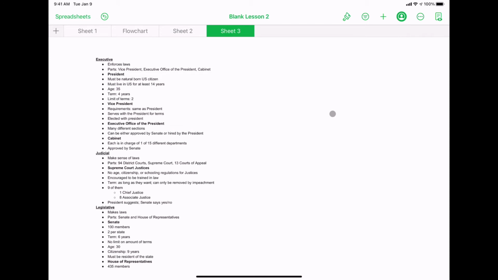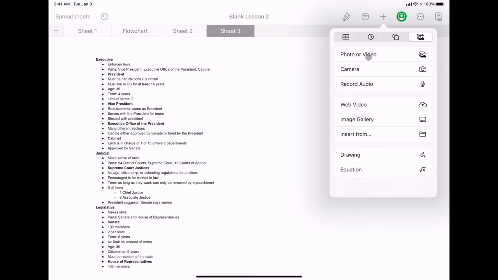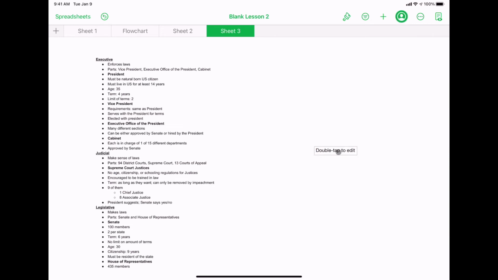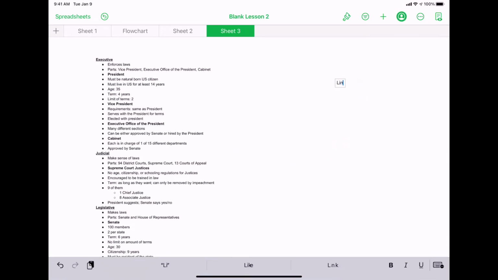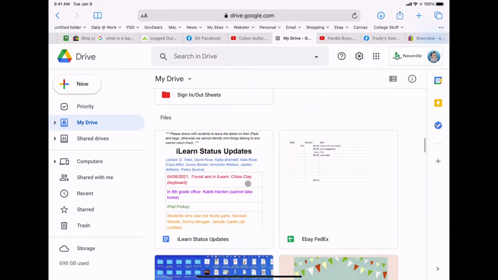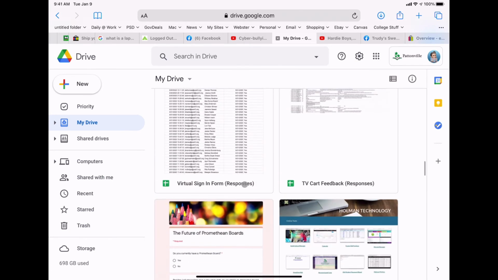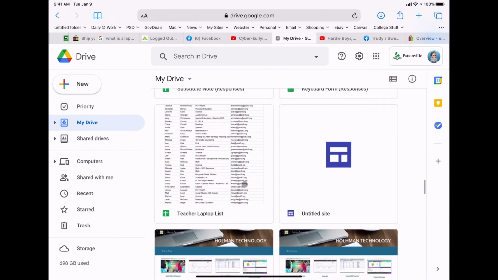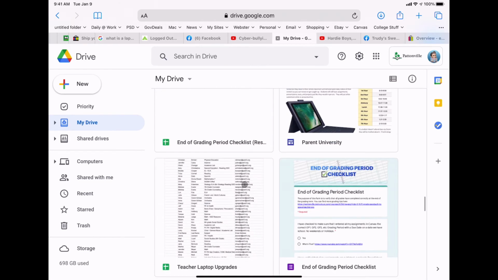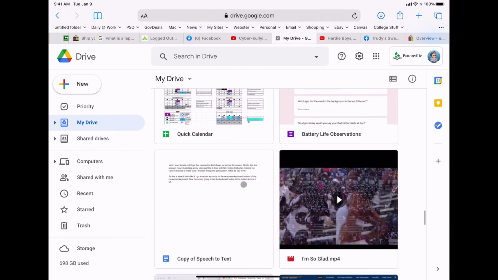Now, I said I wanted to maybe add a link to a Google Doc. I can do that by simply adding some text. So let's say I wanted to add a text box. I could go ahead and add some text, move this text over here, and I'll make this a link to a Google Doc. Now, if I wanted to do that, I need to go into my Drive, and find a sheet, a slide, or something that I've created that I want to be able to share with other people. Then I can simply find that document, whatever it is, and